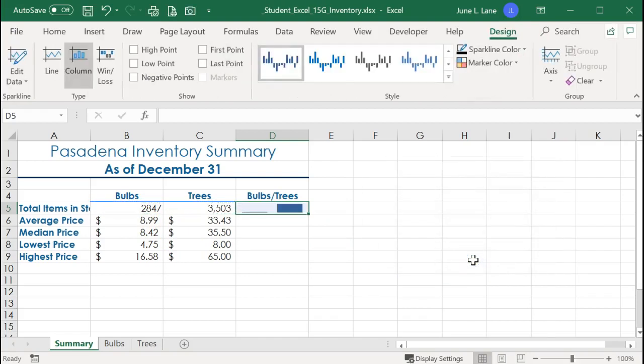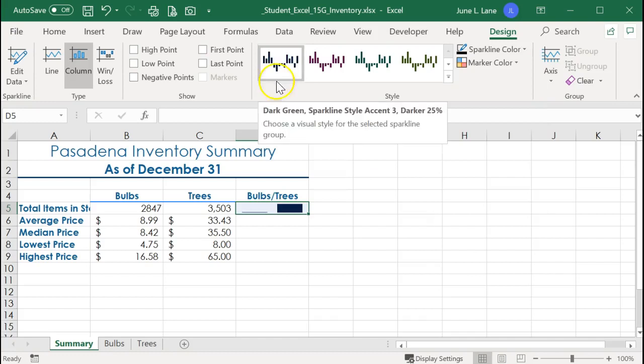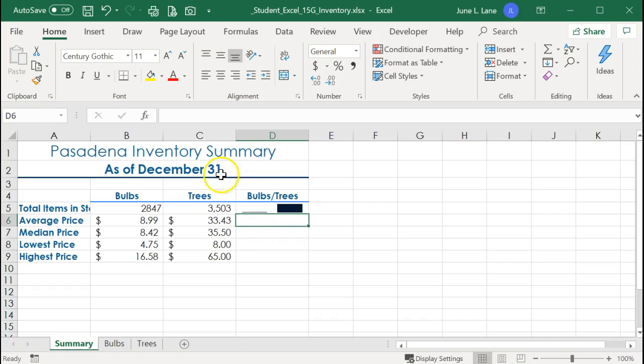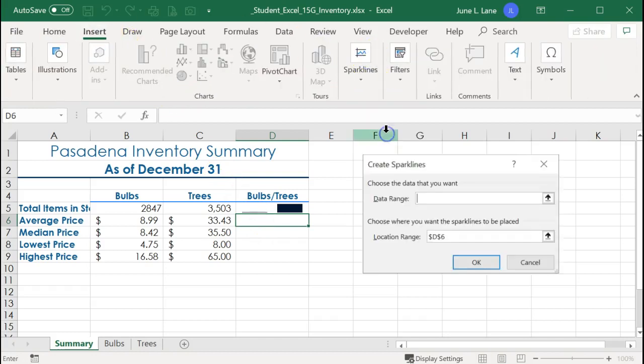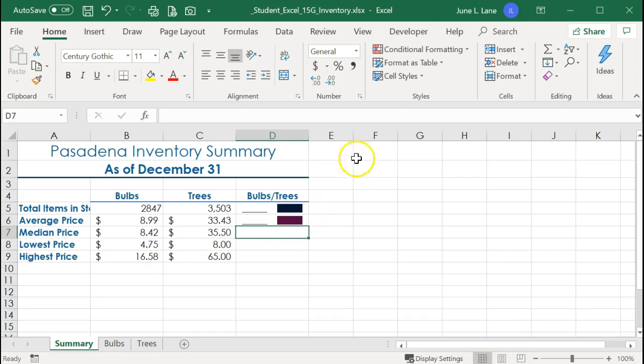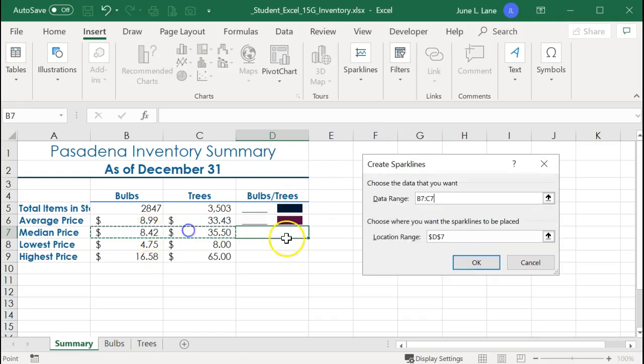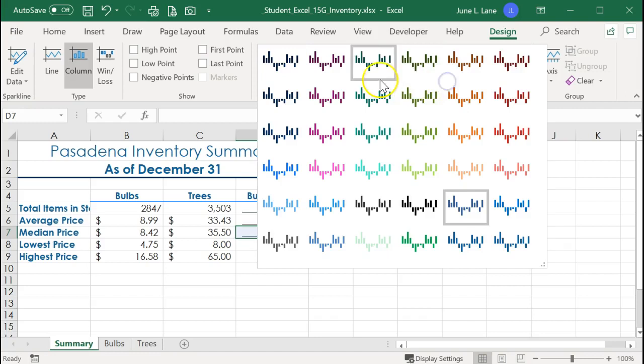And I say OK. And we're going to format each Sparkline using the first 5 styles. All right. So this one is going to be the first 5 styles in the first row. So that's the first one. So next I'll click in and insert a Sparkline column that will represent my average, and I say OK. And then I'll come back to my style. I'm going to choose the second style, and I'll do the same for the third. Come back and insert Sparkline column, identify the range, come back to my style, choose the third option,